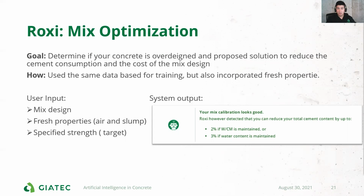So your mix looks good. It's perfect, but it could be better. So it's not perfect. So you can reduce cement content. So the first option that Roxi is always going to propose is that you can reduce a certain amount of cement if you keep the same water to cement ratio. However, in this case, we are damaging our workability. So if you don't want to do that and you want to keep the same workability without adding more additives to the mix, that sometimes this could be expensive, you can reduce 3% of cement in this case